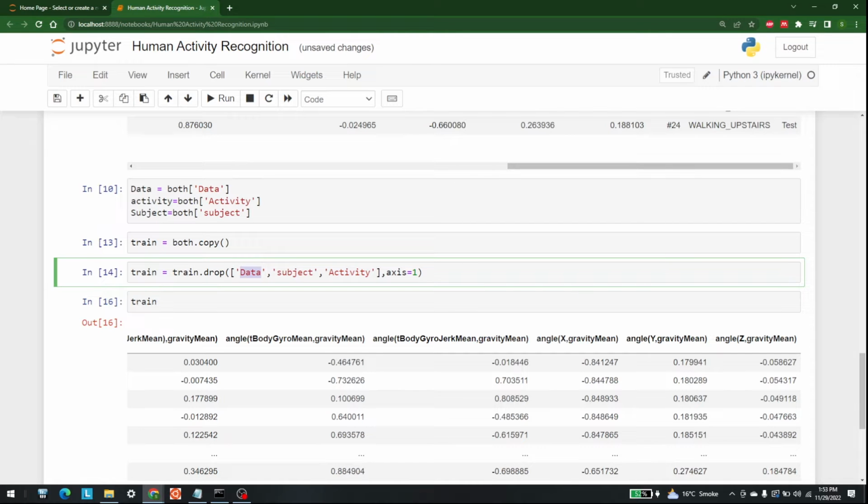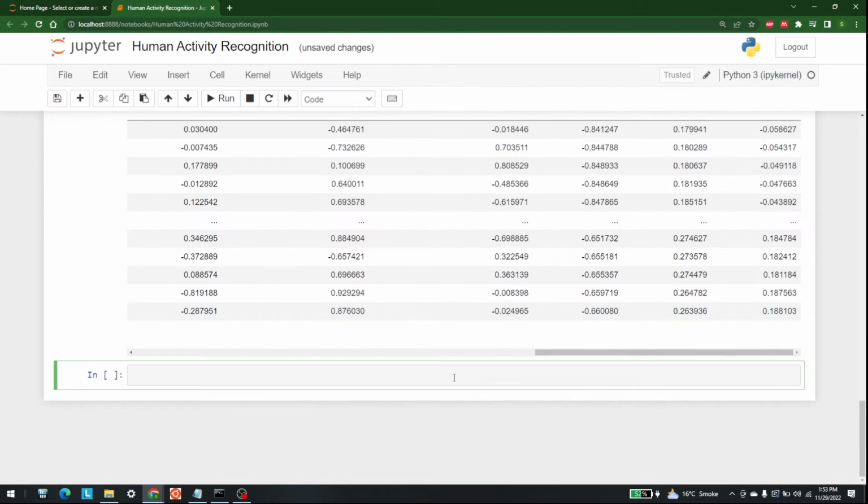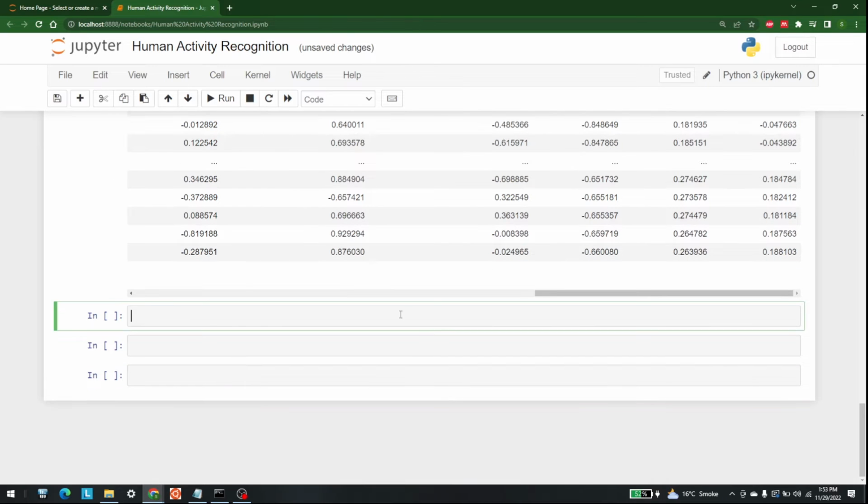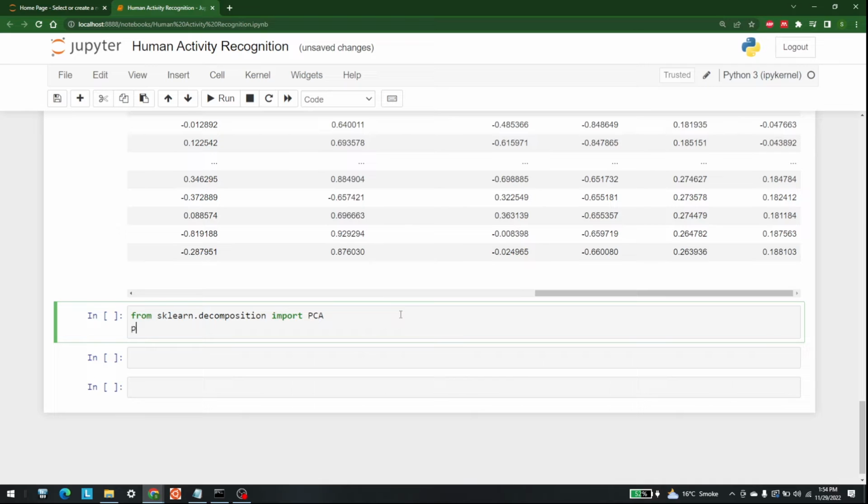So what is the next step? The next step is actually to perform dimensionality reduction, right, on the train data set. So for that I'm going to use PCA, which is available in sklearn. So let's do that. Let's write from sklearn dot decomposition and import PCA, and after that let's write small PCA is equal to PCA, and in this I'm going to write n